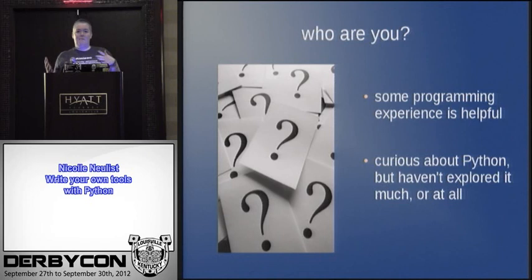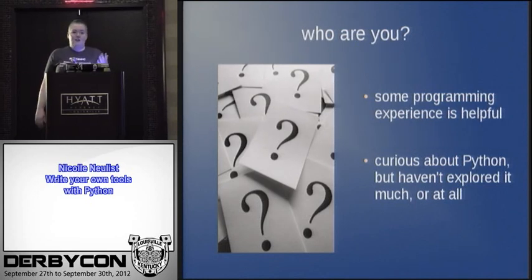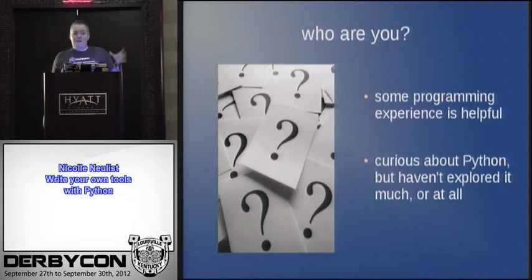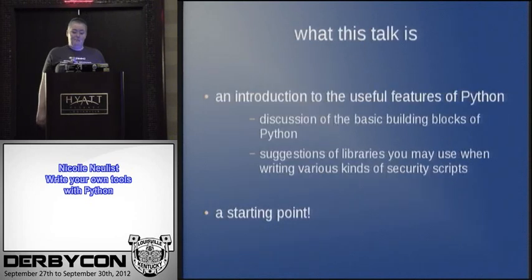I got through the basic Python tutorial of, okay, these are the data types, this is the syntax, you need colons, indentation, etc. But there's all this stuff that's built in, packaged in the language, and everyone says this is why it's so awesome, but it was kind of hard to know where to start. So I spent some time sifting through Python books and looking at other code, and finally found my way. This is intended as a roadmap to show you, okay, I want to start writing security scripts in Python, these are the modules that I'm going to need. But this is just a starting point.